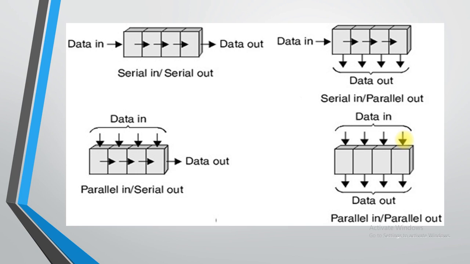Each has its own individual task. Based on your requirement, you need to choose the register. When there is data in and data out, that means SISO, you have used from left to right. When there is a time for parallel out, at that time at the bottom you need to use the cursor. And this represents that all the bits have been shifted, or all the bits can come out from the register. Is that clear to everyone?